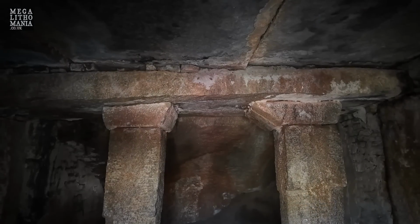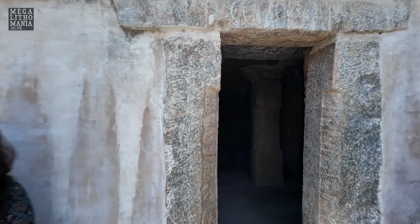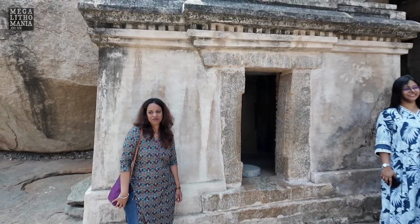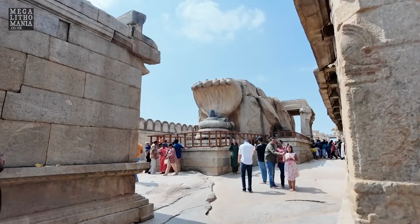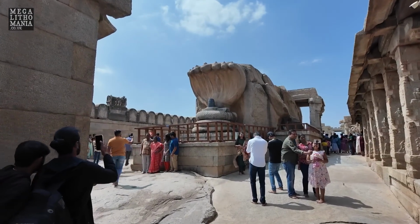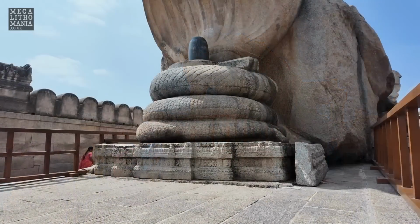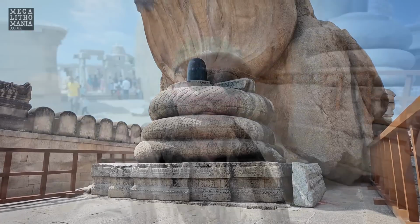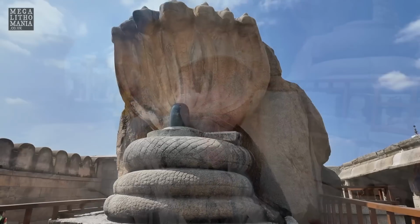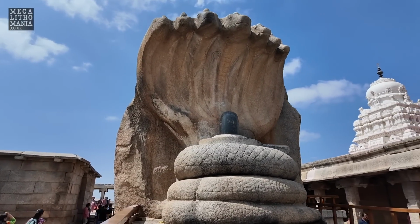So you have a mini temple here, just carved out of the bedrock. Oh, the lingam, the Naga Lingam. So here we have the remarkable Naga Lingam. Here we have the giant serpent coiling around the Shiva Lingam, or the Naga Lingam. This is the remarkable sacred part of this temple with the seven-headed serpent coiling around this phallic lingam symbol, traditionally